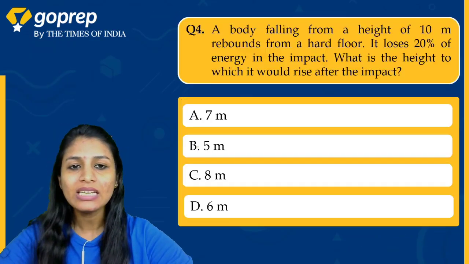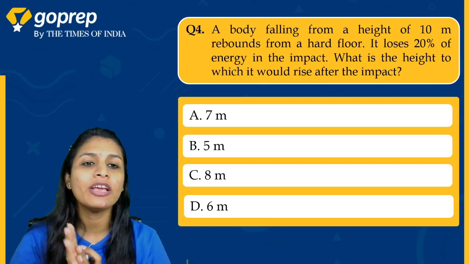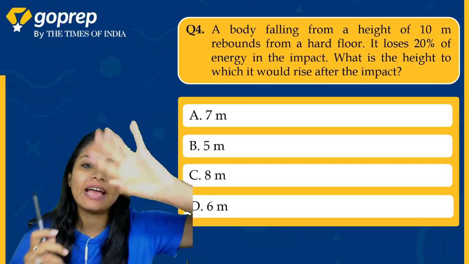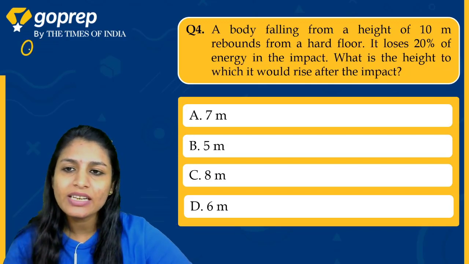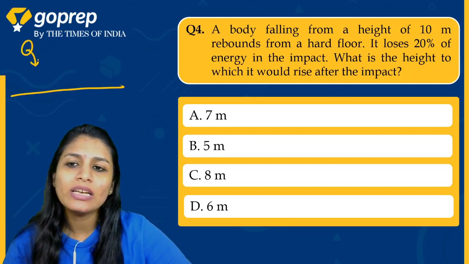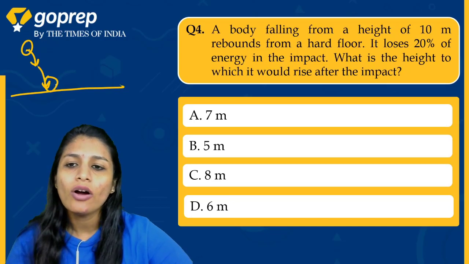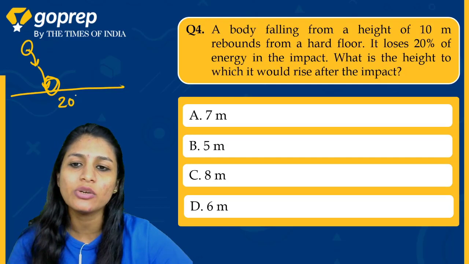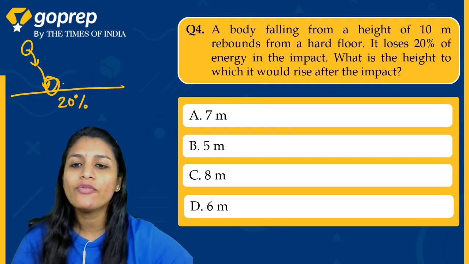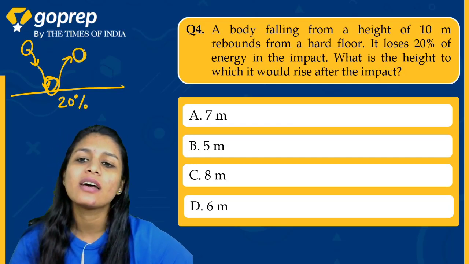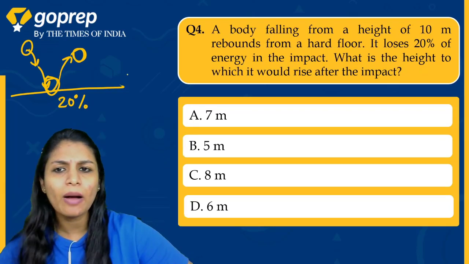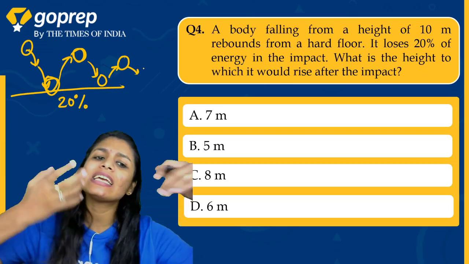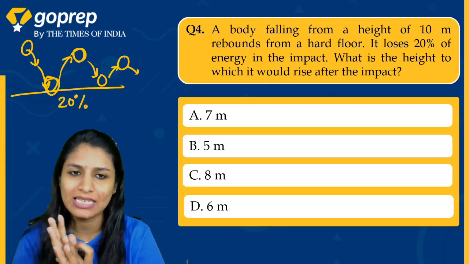Okay. Next question. A ball falling from a height of 10 मीटर, 10 मीटर की कोई हाइट है, वहां से एक बॉल को आपने गिराया। अब क्या हुआ, ये 10 मीटर की हाइट से ये इस ग्राउंड पे बॉल नीचे आई, इससे टकराई और टकराएगी अगर, तो क्या होगा, एनर्जी लूज करेगी, कितनी परसेंट लूज कर दी, 20% लूज कर दी, और फिर ये वापस किसी एक हाइट तक राइज करेगी, ऐसे ही होता है। फिर वापस टकराती, फिर एक हाइट तक, ऐसे धीरे धीरे अपनी एनर्जी लूज करती जाती।